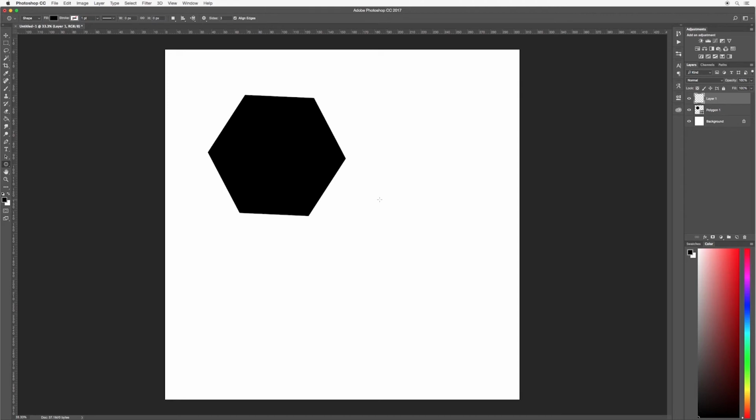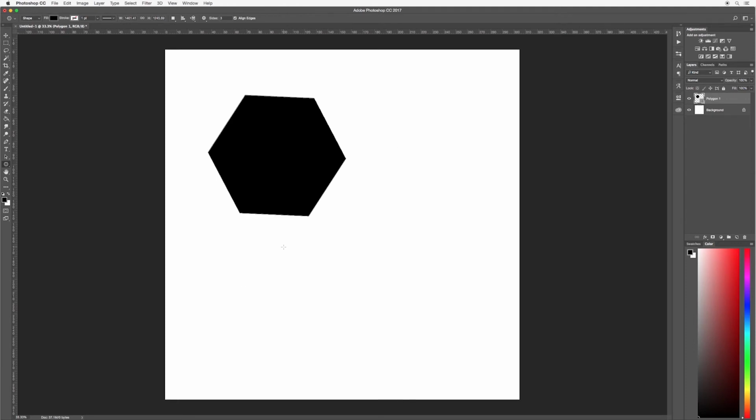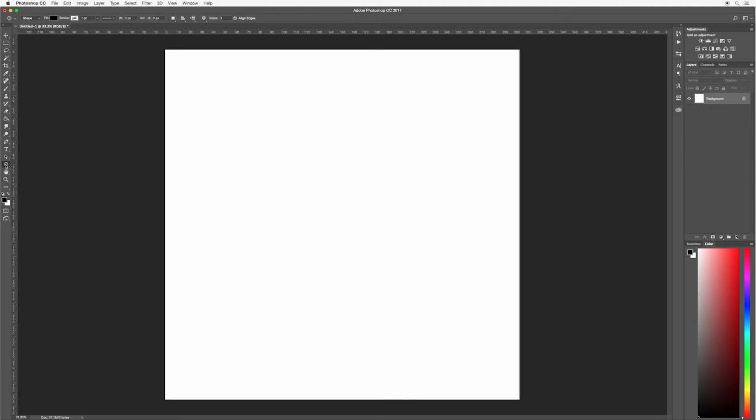I'm going to create a new layer. I'm going to hold down the Shift key and again pull my cursor down and I will create perfect triangles. Okay, so delete those. Another option we have, if we go back into our Shape tool and right click, we